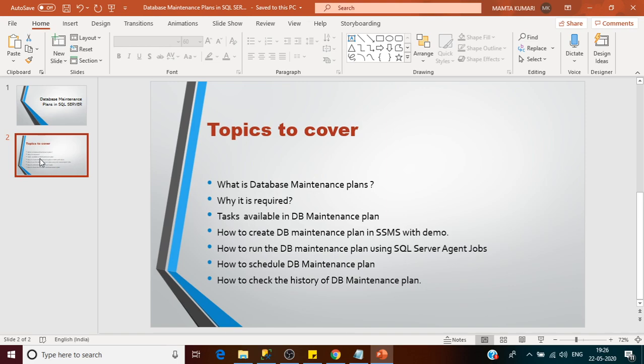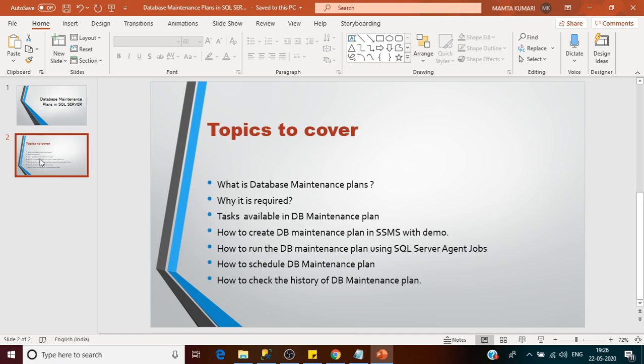The SQL Server database engine itself provides a database maintenance plan that we can create and include all these activities in sequence, and we can schedule it through a SQL Server Agent job, so that it runs at some intervals and the performance of the DB will increase. So you can create a DB maintenance plan and schedule it on the weekend or on a monthly basis, so that the performance of the DB would be increased. So this is important.